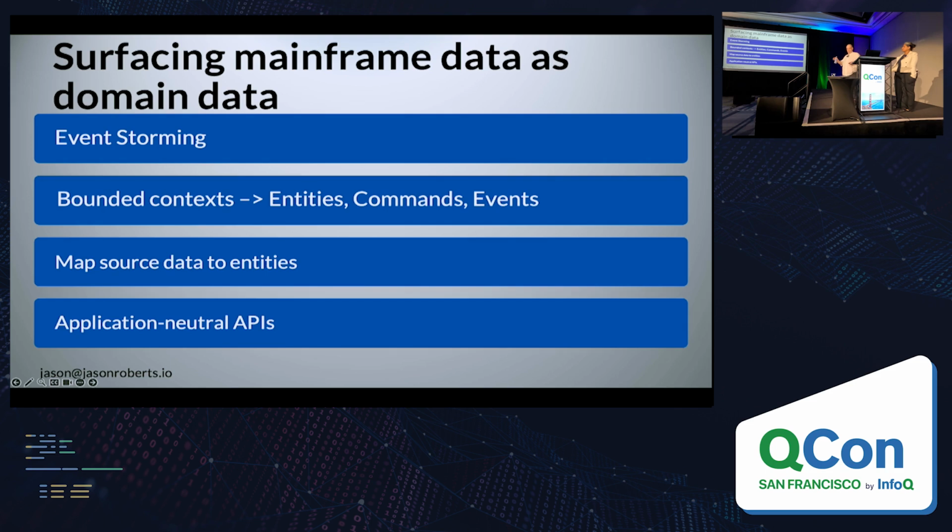Once we know all that, again, the first two lines have happened, ideally, without any reference to a mainframe. We don't know what's in there. We just know that these are the pieces of data that are needed to make the portal work. So having done that, we started with a fresh canvas, and we then mapped the source to the target. And that's where the real fun begins. We have that mapping. On the top side, we can create application-neutral APIs to deliver experiences to consumers.